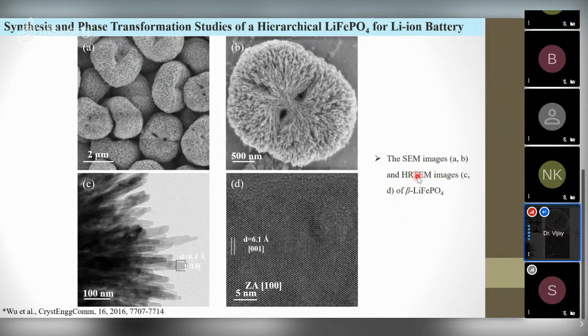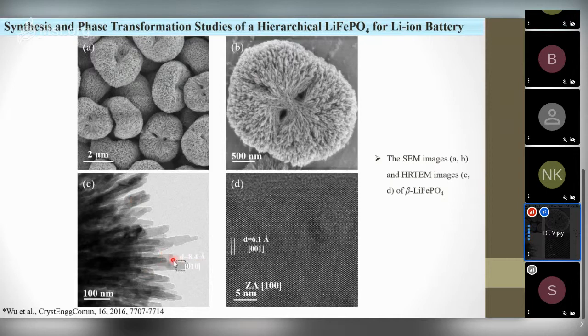With the beta phase, it cannot be highly efficient, so it needs to be transformed to the alpha phase. Before that, he wanted to protect this hybrid nature. The alpha phase cannot be directly synthesized, so we synthesize the beta phase, then transform it to the alpha phase. He synthesized it simply through a solvothermal method. Then he made some carbon coating here.